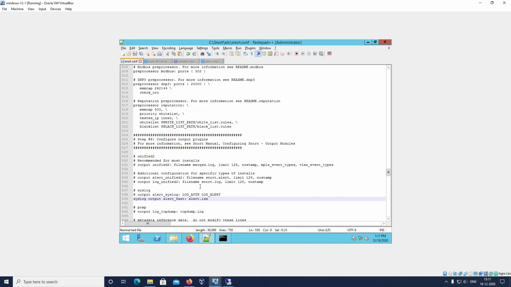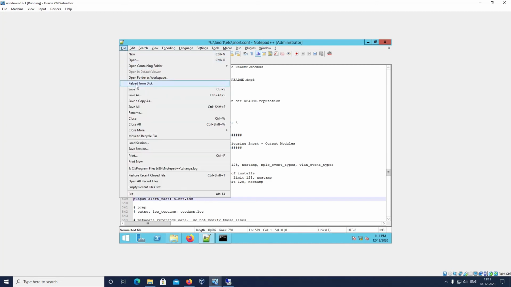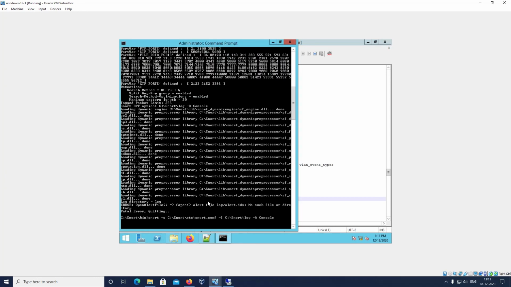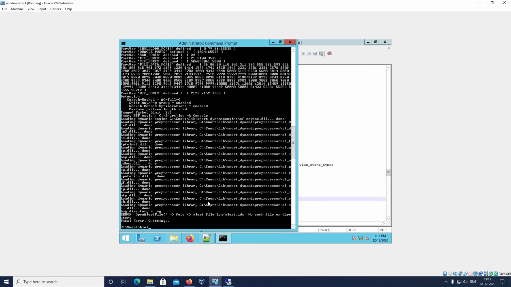In this we have to remove the syslog part, and give only output alert_fast. We will save the file again, run the command again and see if any other error is coming. Still it is throwing an error. We will check it again.